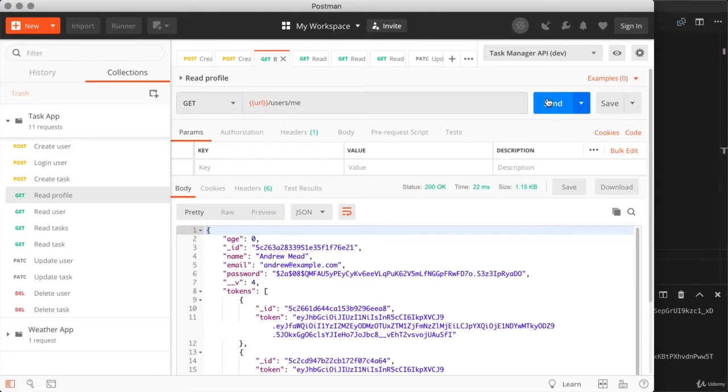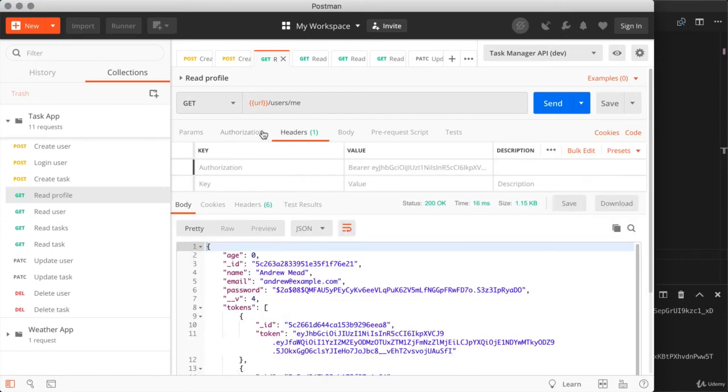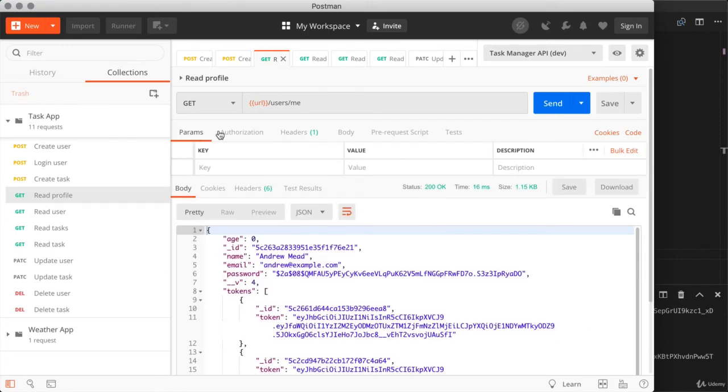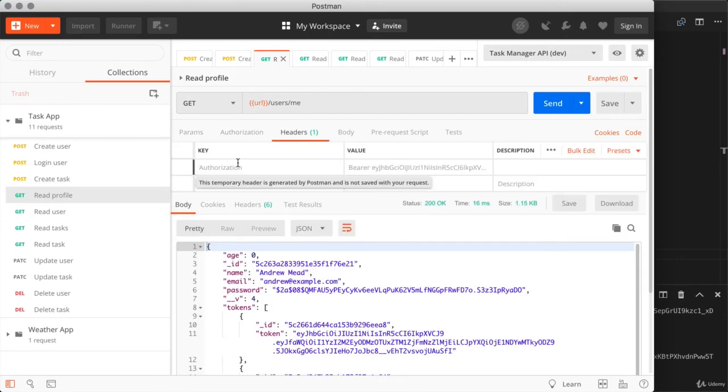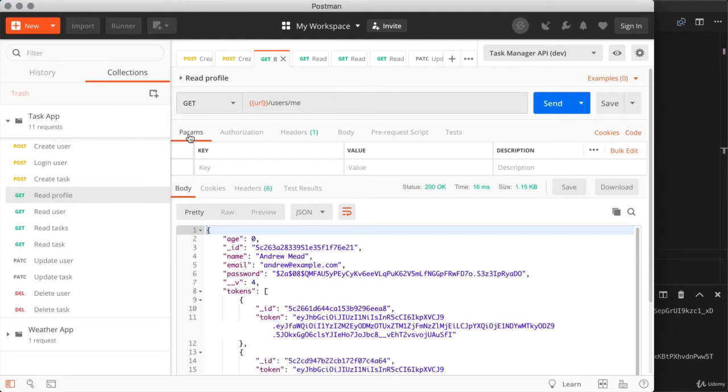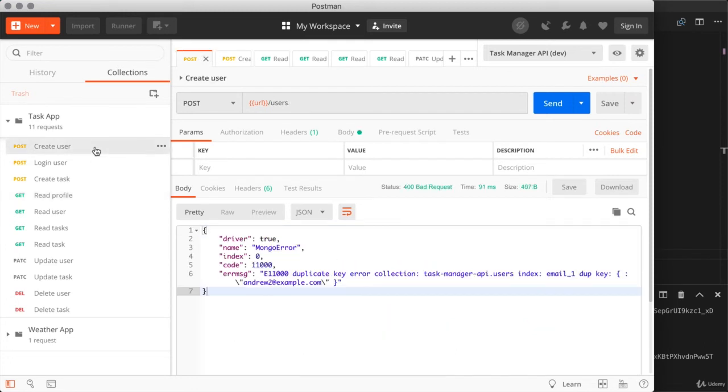So right here, I can send this off, and what do I get? I'm still authenticated, even though it's not set up anywhere in the individual request. I can see under header it's showing up a little bit, but this is just showing up because it's giving us a preview of that collection header we had set before. So now that we have this in place, all of our requests are going to be authenticated, but we can still customize things further. We know that create user and login user don't require authentication,